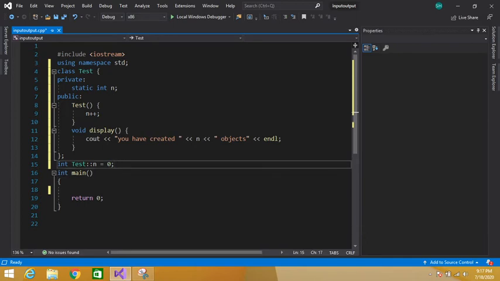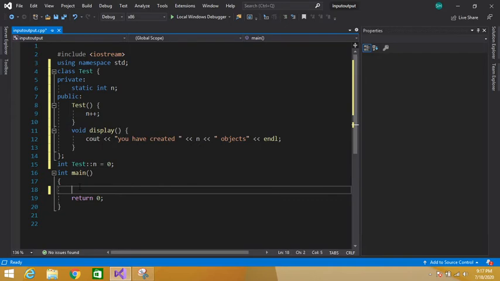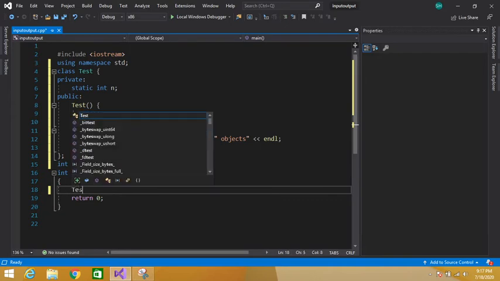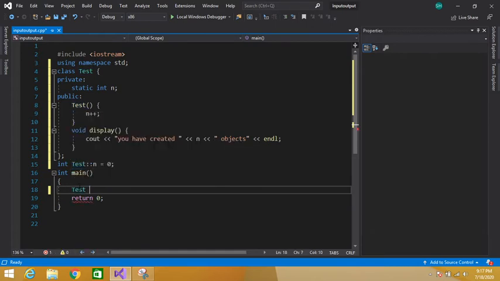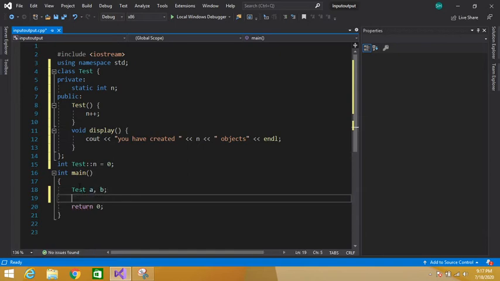Okay, now in our main function, let's create some objects of our class test. Write the name of the class. Let's say A, B. I have created two objects of my class. A dot display.